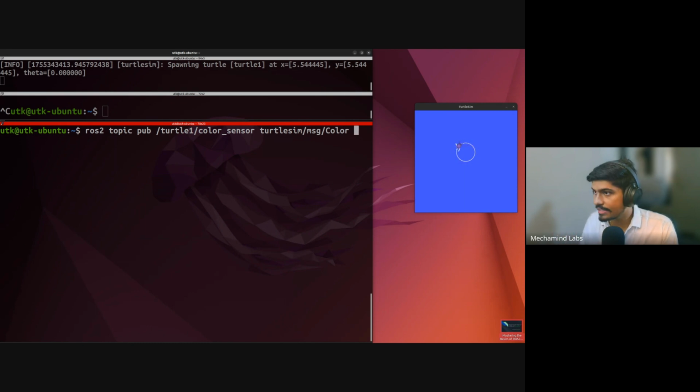And what was inside that? This is why we need to know what is inside that, or else how will we command? Inside that was RGB. So I pressed R, values came. Now let's make the track blue. So let me just give this value as 255. If I press enter,